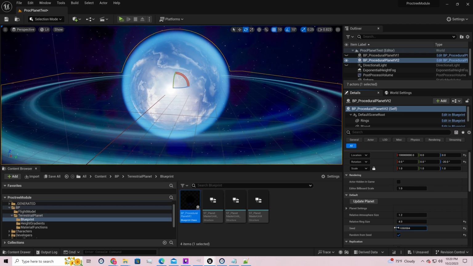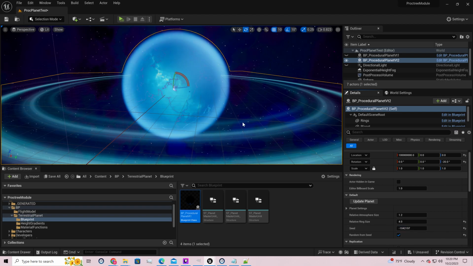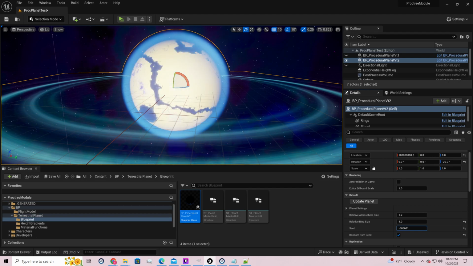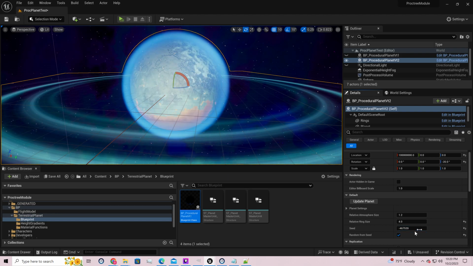Ooh, that's a nice, like, icy blue planet. I like that. So right now we got int max minus int min planets. The next thing that we would want to do would be, like I said, I need to tune all the ranges of randomization. Like basically, instead of